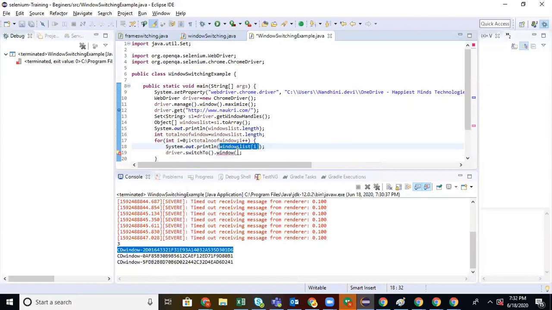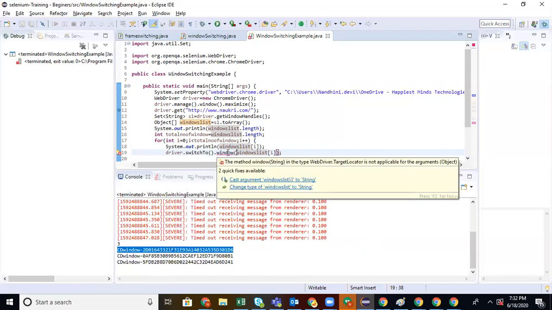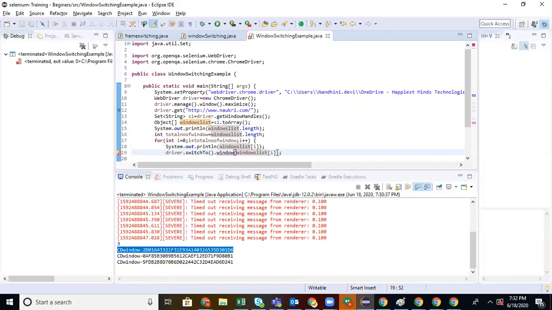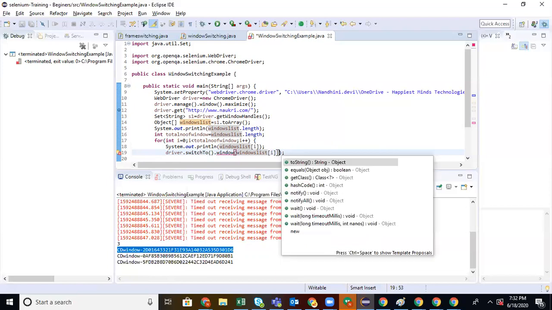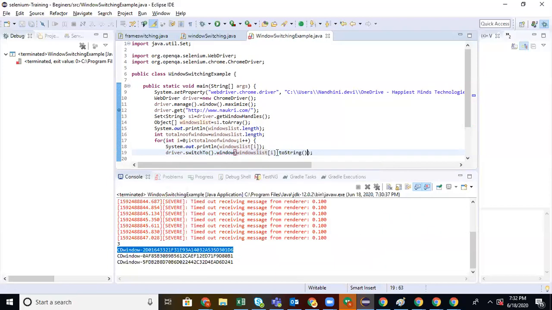So each window I'm going to go to. It will accept only string, so you can make it toString. toString is to convert anything into a string.